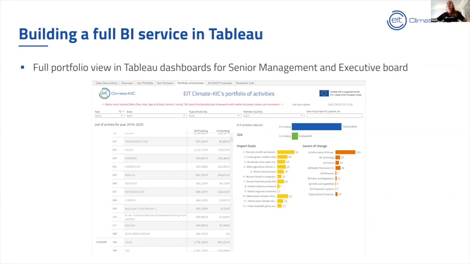So the first thing that we use a lot at Climate-KIC is our Tableau dashboards. And this is just a screenshot, but we regularly have partners applying for a grant to support their innovation projects that will help us to have a greener future. So we usually open our grants twice or 3 times a year and then go through what we call a